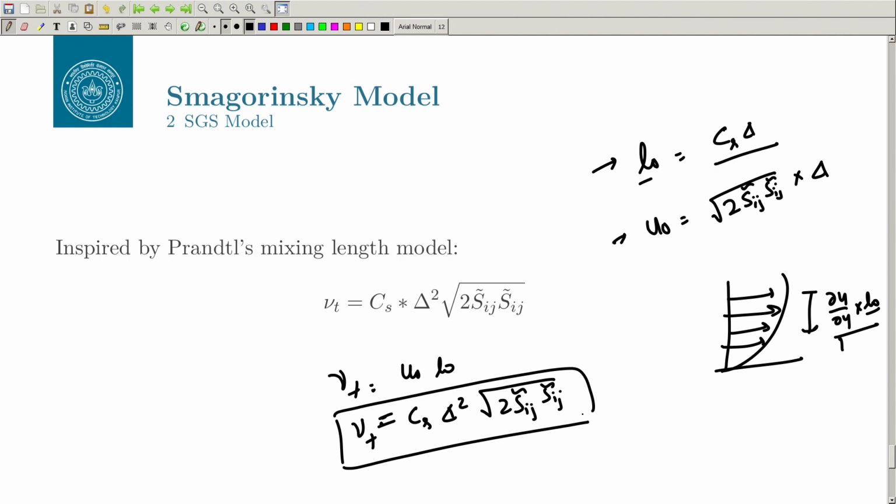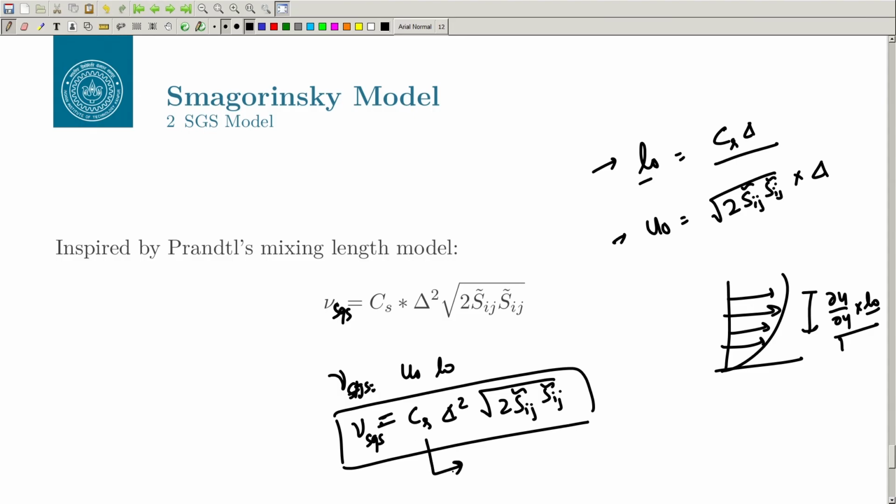So, this is the SGS viscosity, nu SGS. I should not write nu T, this is an error here; this should be nu SGS. Because I have been using the same slide, I wrote nu T, but this is nu SGS. Now, this is the Smagorinsky model, and